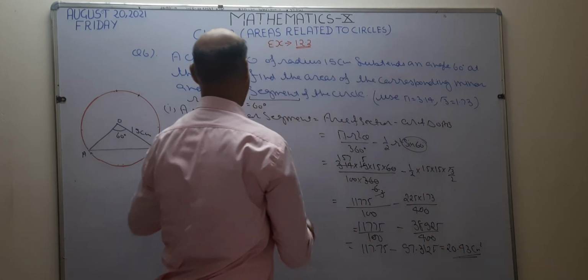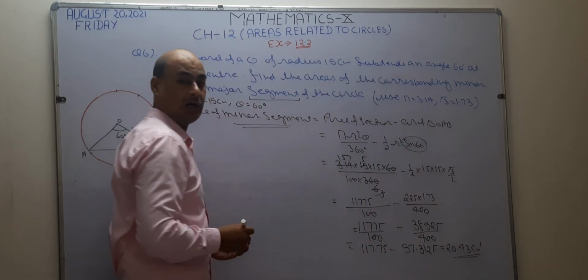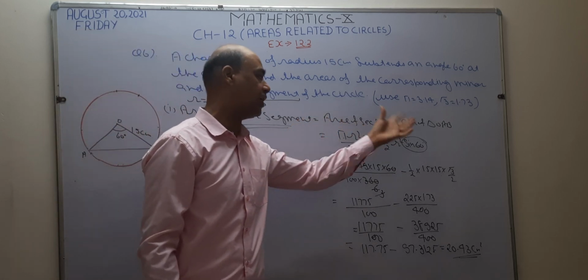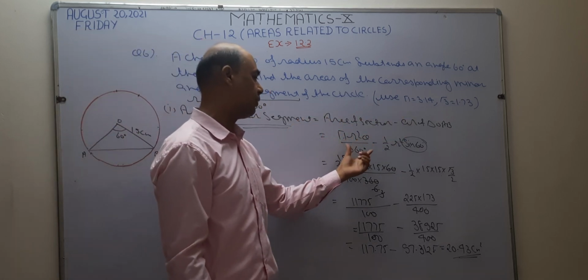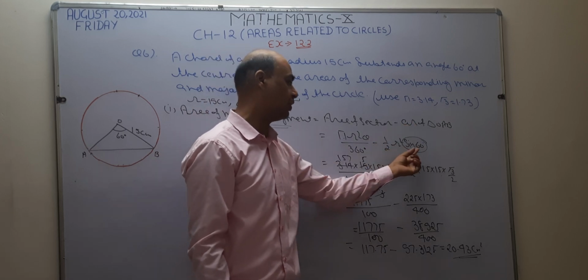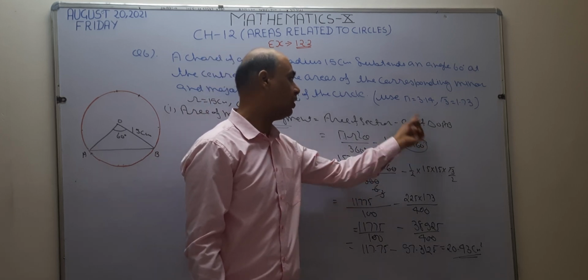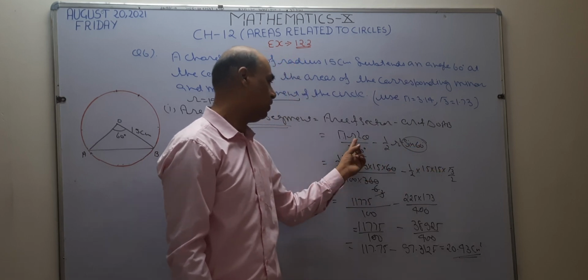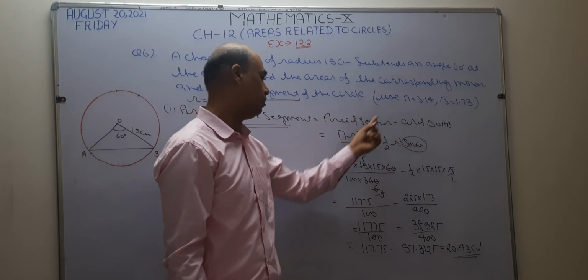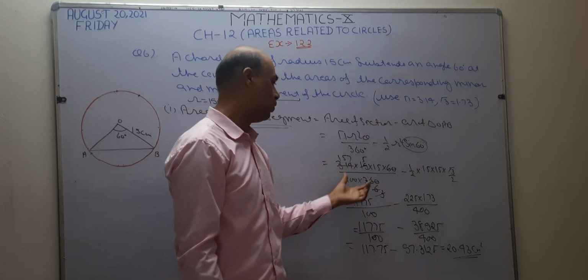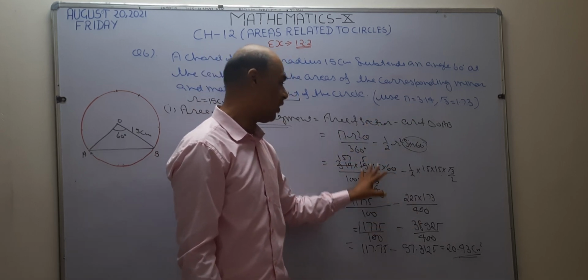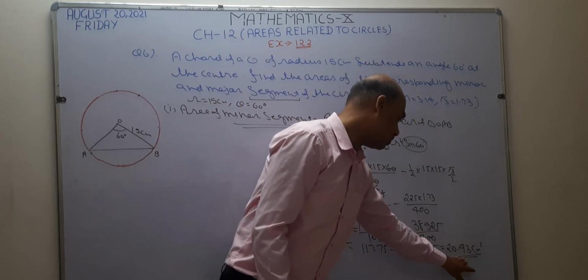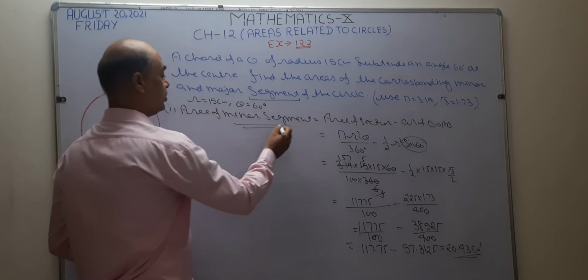So this is the area of minor segment. I hope it is clear now. Using the simple formula, area of sector minus area of triangle. Area of sector, you know, pi r square theta upon 360 degree. Area of triangle 1 by 2 r square into sine 60. Theta is given. Sine 60 is root 3 by 2. 60, r is 15, radius given. Pi value is given 3.14. Now simple calculation is there. After calculating, the answer becomes 20.43 centimeter square. This is the area of minor segment.